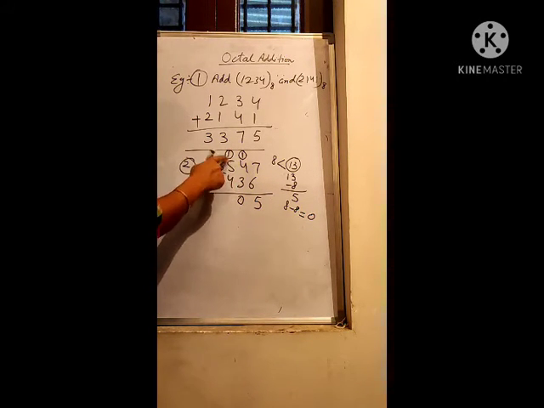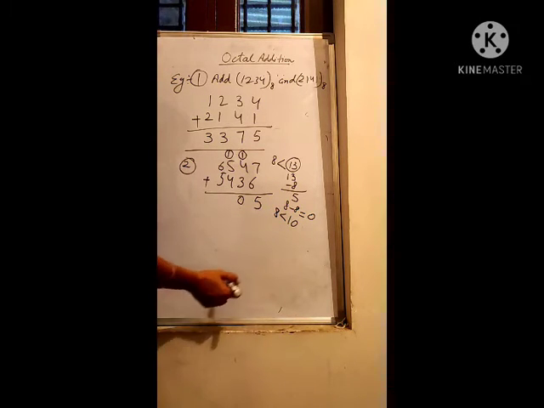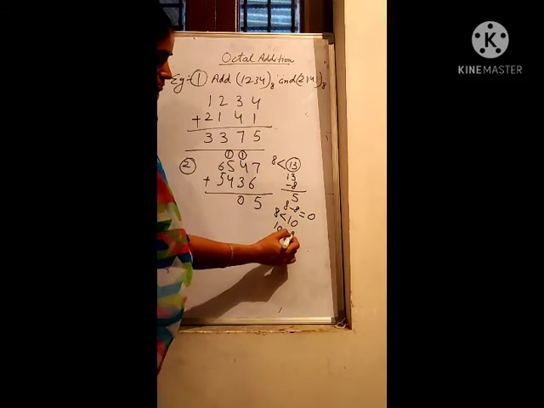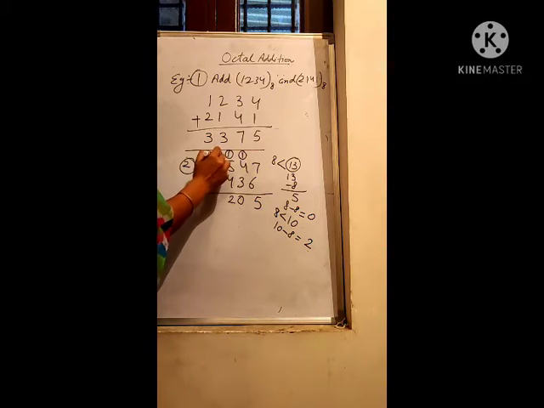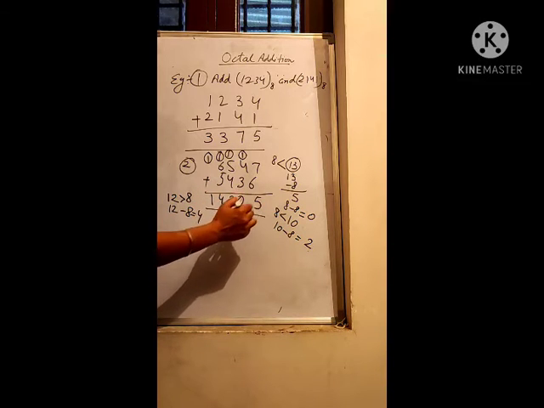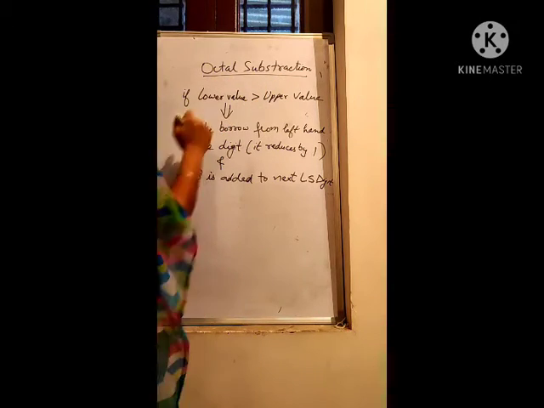5 plus 4, 9, plus 1, 10. So again 10 is greater than 8, so we have to subtract 8 from this 10. Answer is written over here and carry is moved to the next. 6 plus 5, 11, plus 1, 12. 12 is greater than 8, so we have to subtract 8 from the 12. Answer is here and carry is moved to the next position. So there is only one, so written over here. This is our answer. Students, we are going to start the next operation, that is octal subtraction.